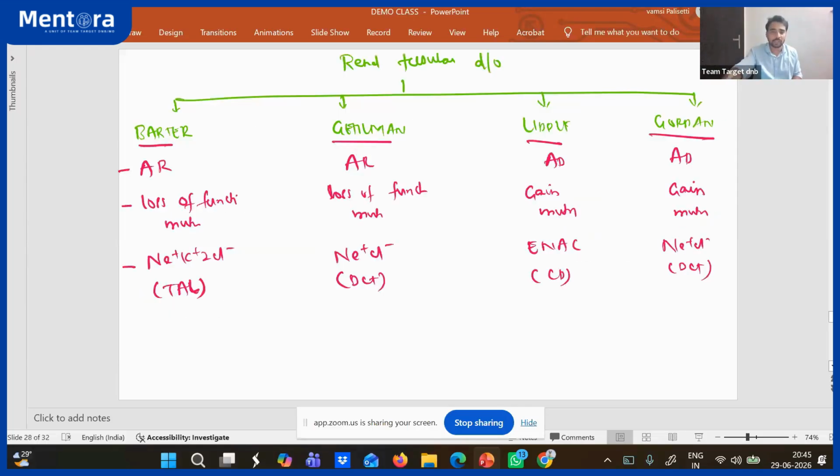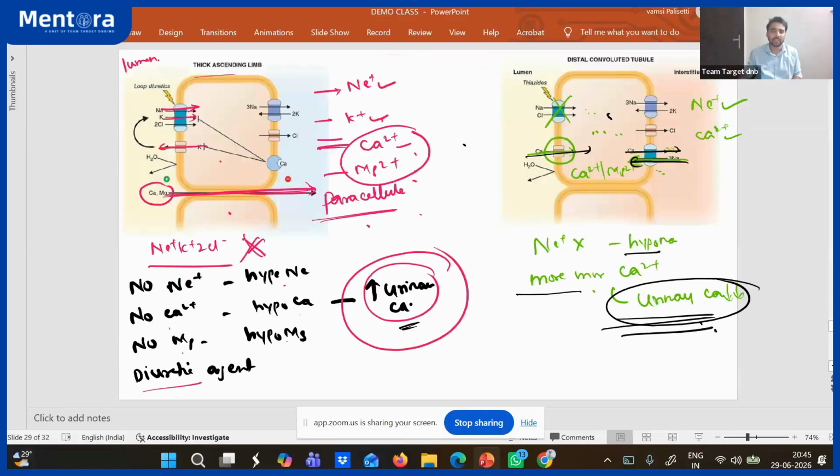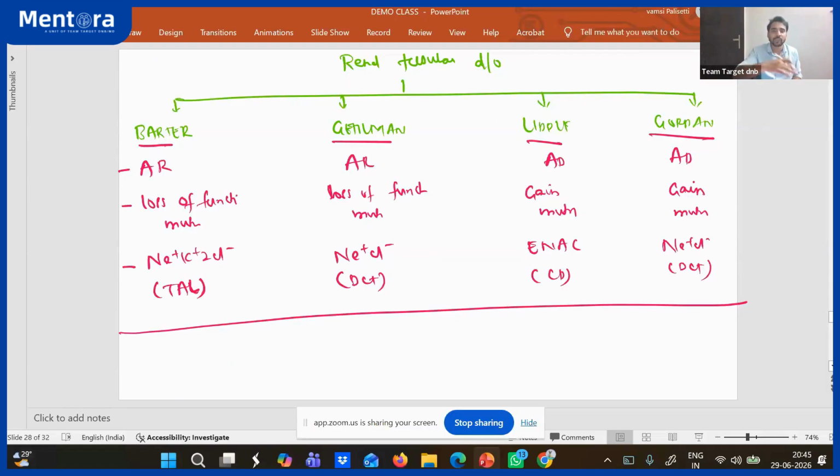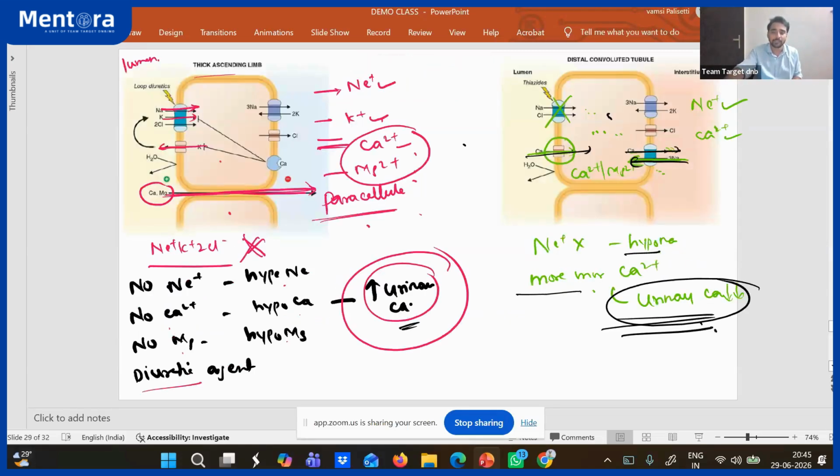So please remember these tubular disorders. So only these 3 points are important. If you know these 3 points, then all this mechanism you can easily conceptualize and you can write. Only thing is what is autosomal recessive, what is autosomal dominant, which is thick ascending limb enzyme, which is thin ascending limb enzyme, where is sodium potassium chloride pump, which one acting on sodium chloride, what is gain of function, what is loss of function mutation. That's it. These 3 are very important points. After this, everything is a conceptual thing. Right? Clear? Right.